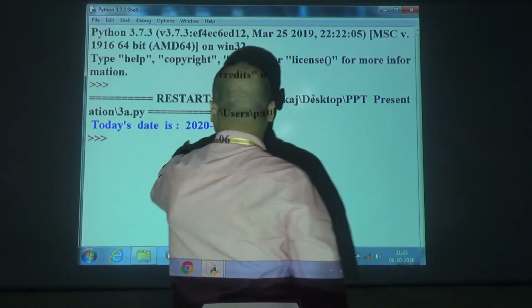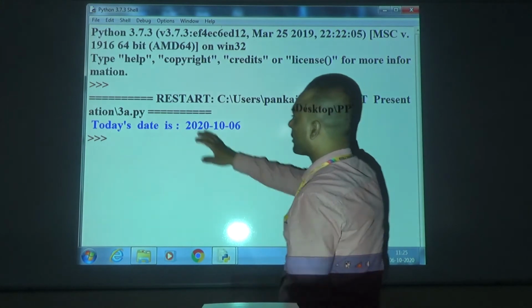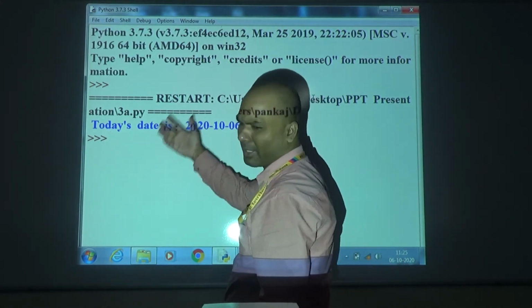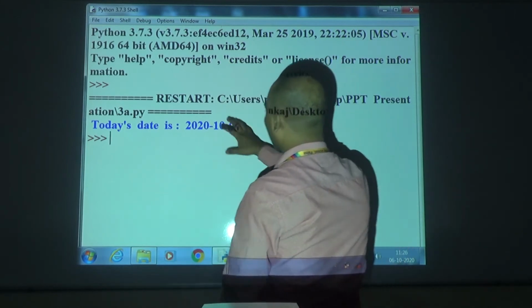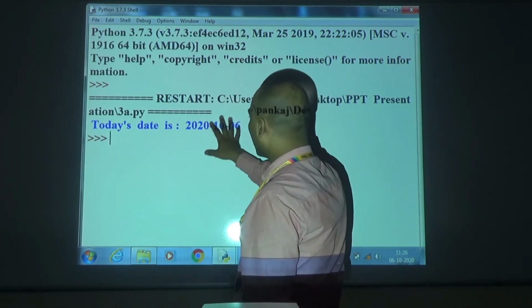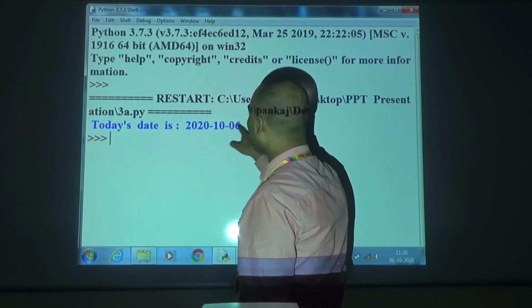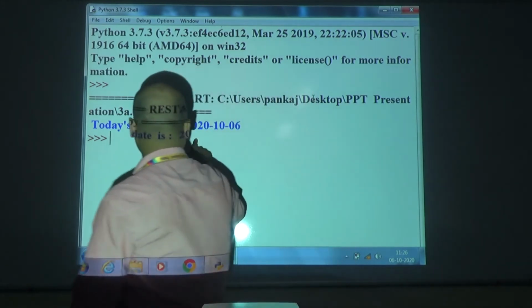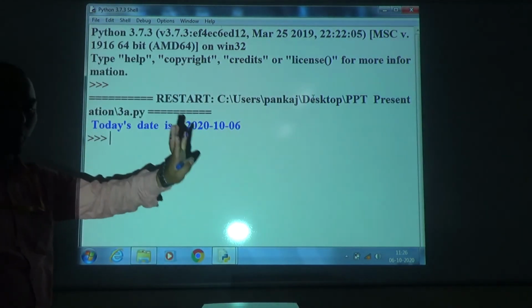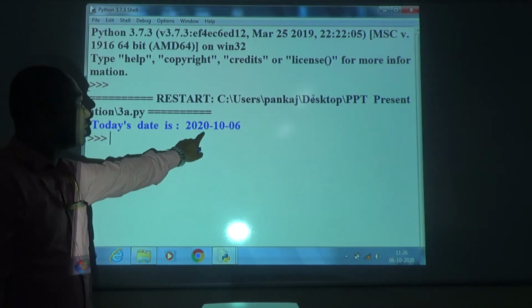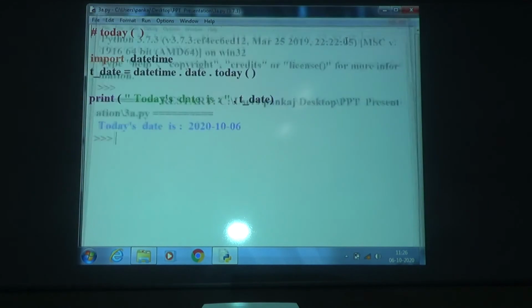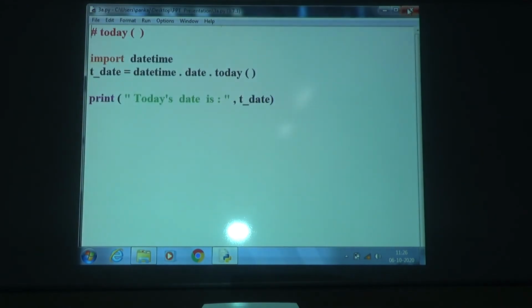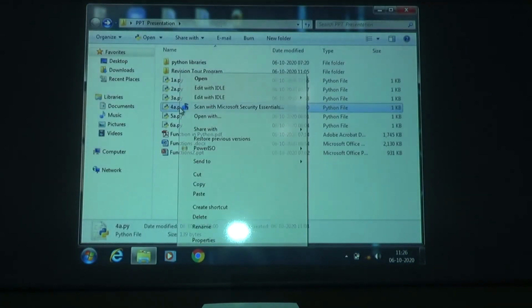If someone writes many questions, output-based questions in exams, many times in the examination you will find this type of question as generated output. Never give it as DD, MM, then year. Always generate the year in the four-digit format: 2020-10-06.